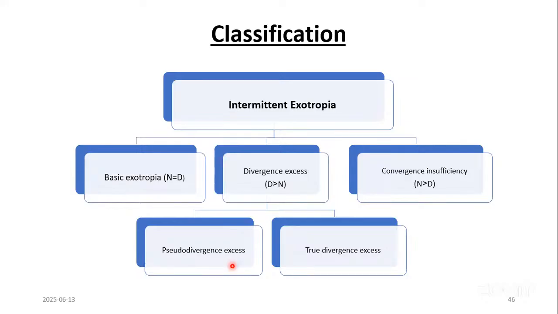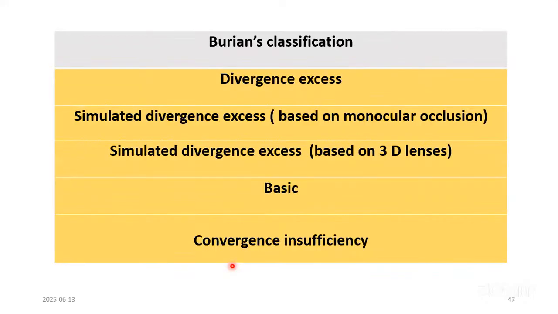It is because of tonic proximal fusion. We ask the patient to look through a +4 prism diopter lens, or uniocular patching is done, to relieve the tenacious proximal fusion, to break it. So in patients with pseudo divergence excess who have tenacious proximal fusion, usually we do